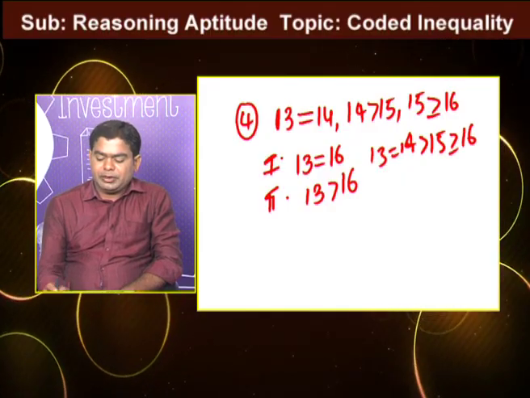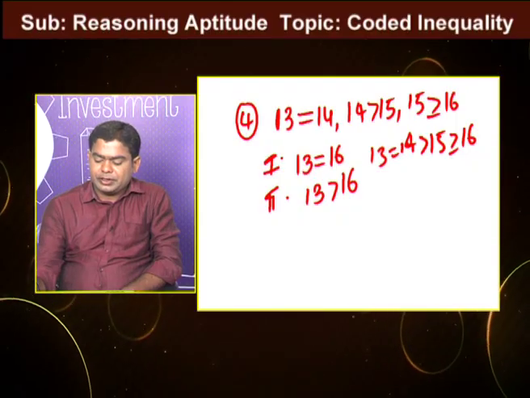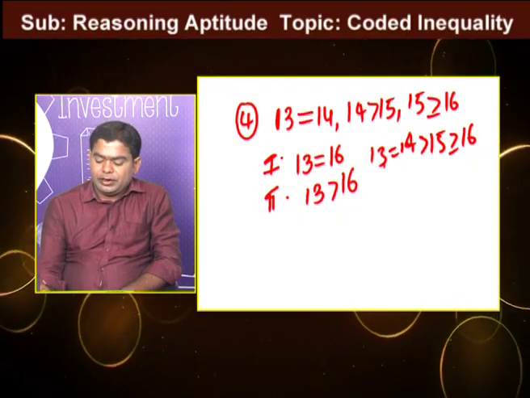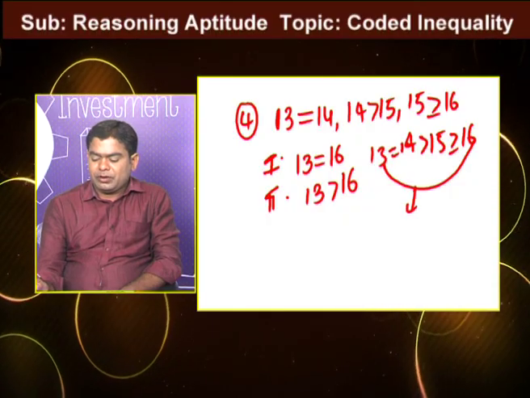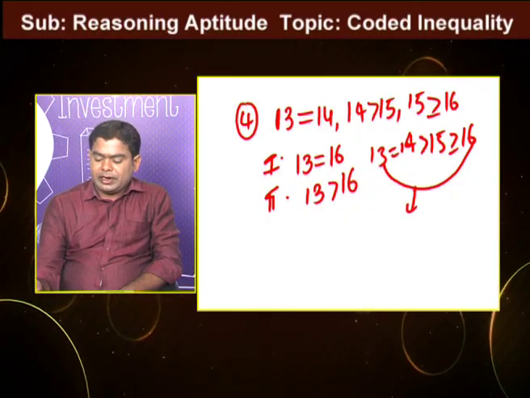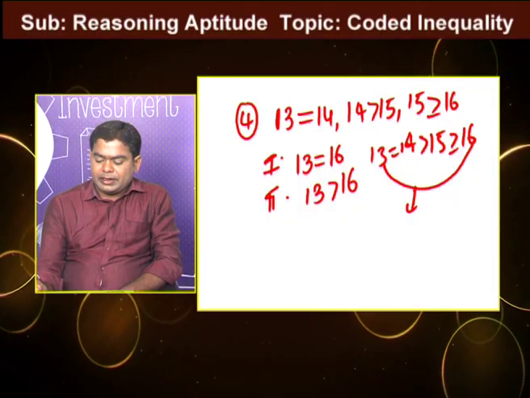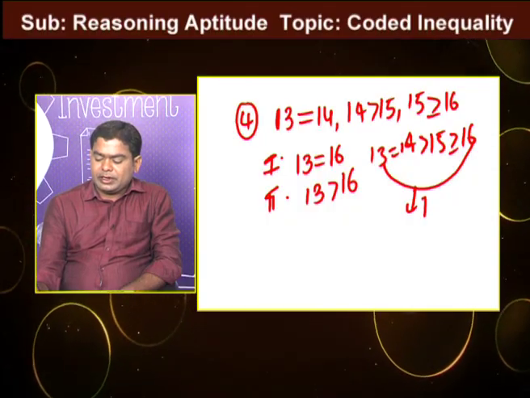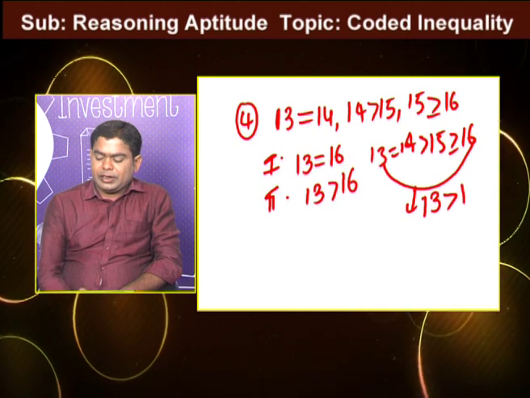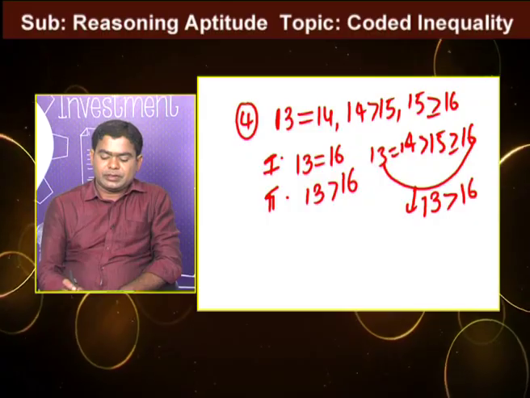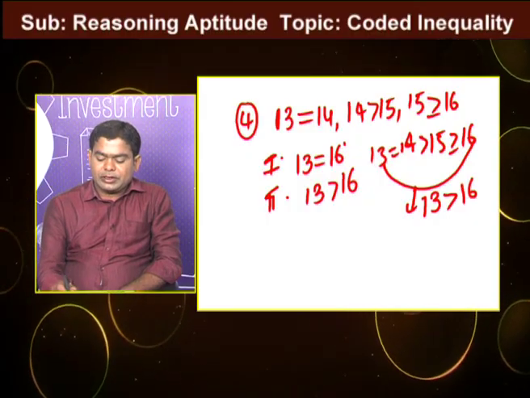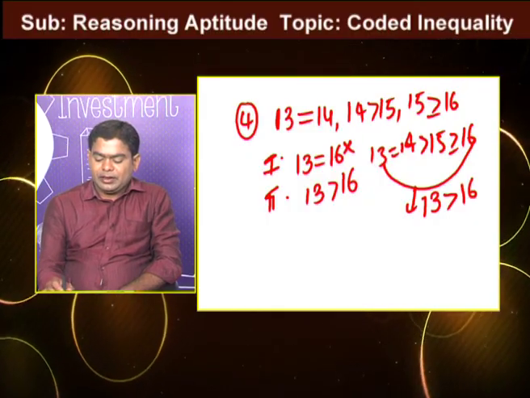In this combined statement we verify the relation between 13 to 16. So for 13 to 16 we get equal, greater than, greater than or equal to, more than one inequality is there. So among greater than and greater than or equal to, only greater than exists. That one is 13 greater than 16. That means 13 equal to 16 does not follow. Next, the second conclusion, 13 greater than 16, that one follows.